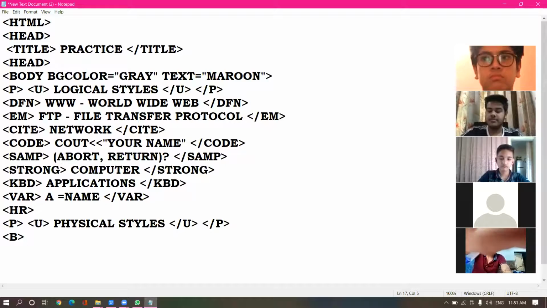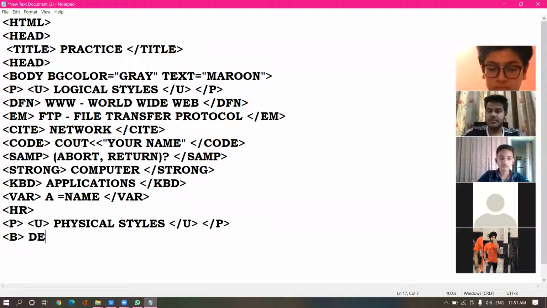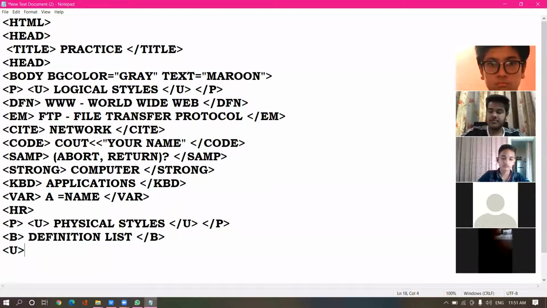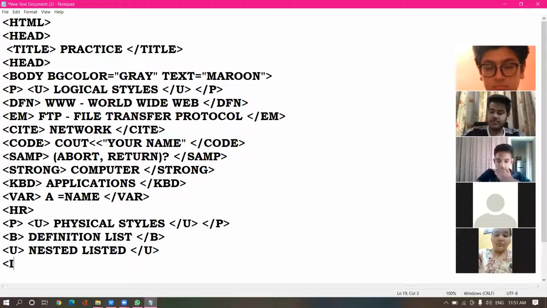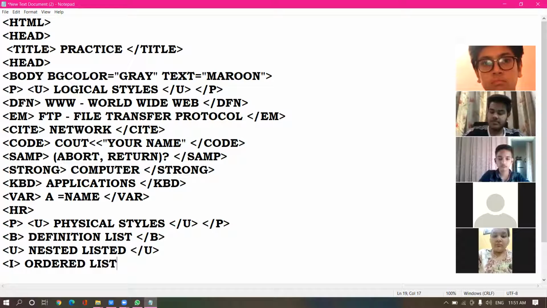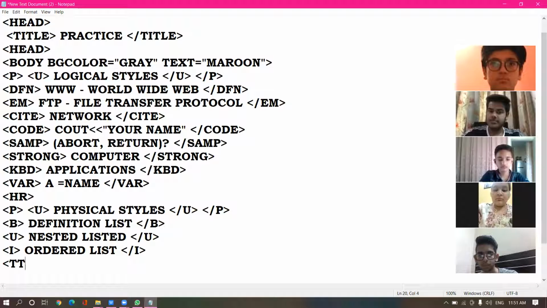Now under the physical styles, we have bold, then we have U tag, U tag close, then we have I for the italics. And the last one is the typewriter text, that is TT tag.